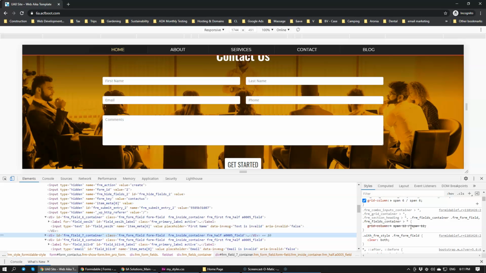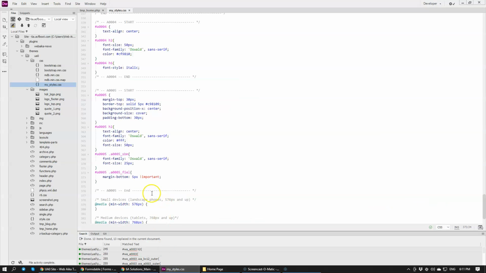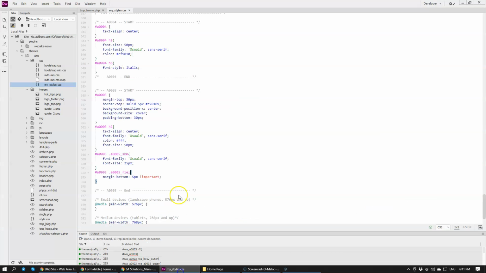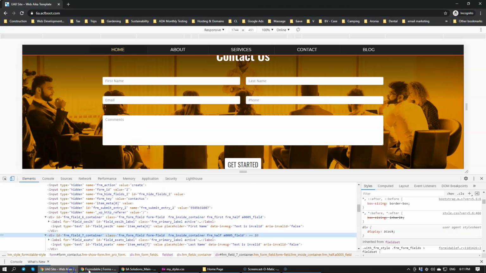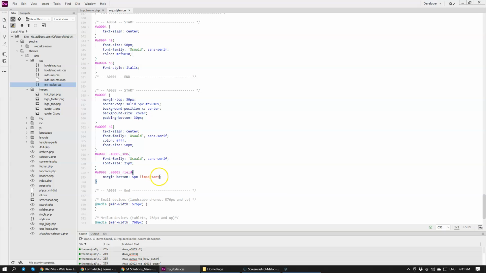But why is it not visible? Because it's spelled incorrectly. This has to be filled. Okay, good. Now I think I can remove this